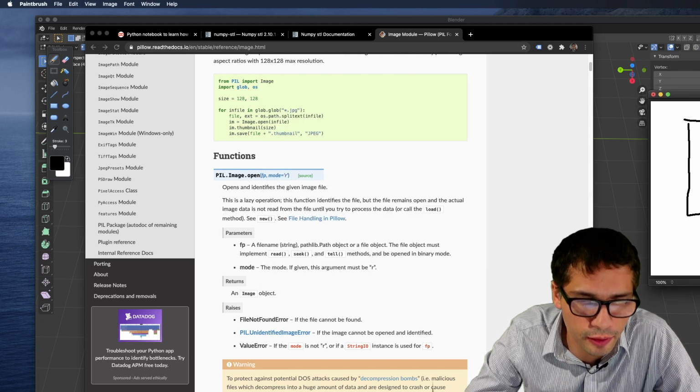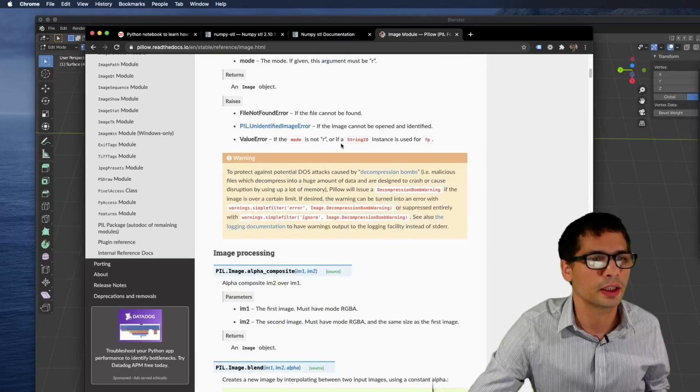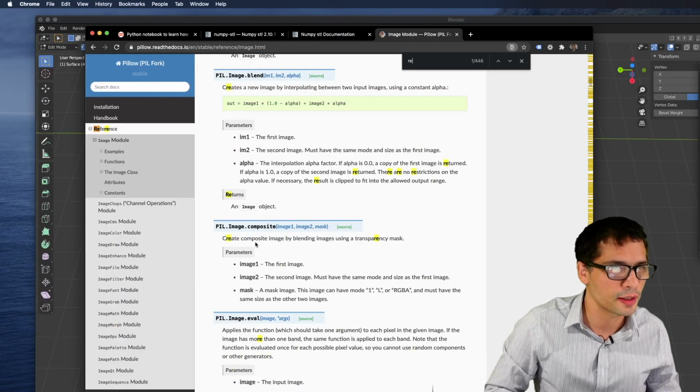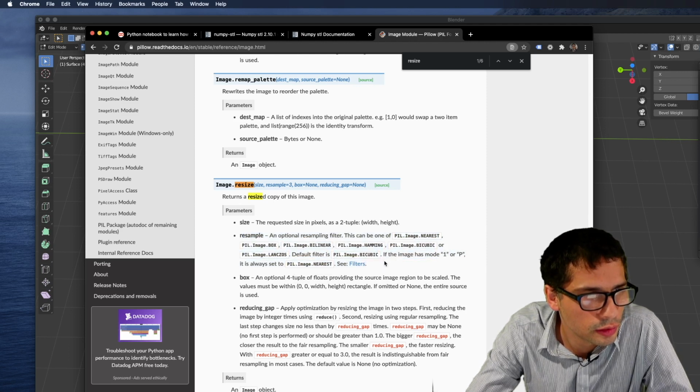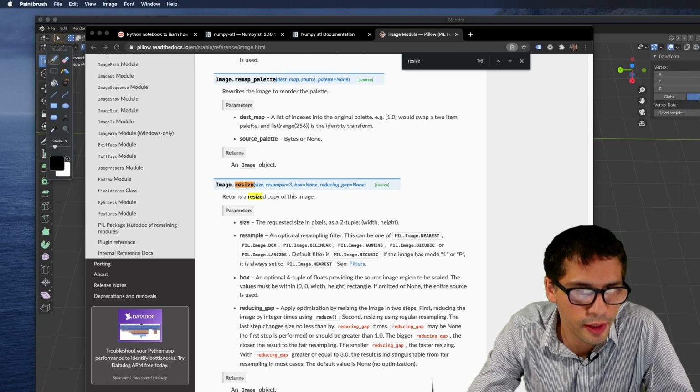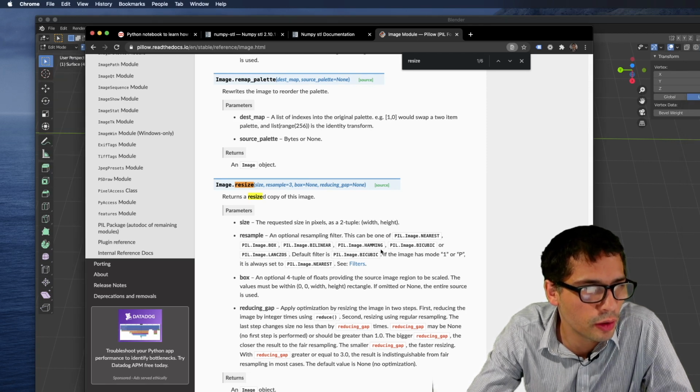There are different techniques in doing this. So let's find out. Resize. So as you can see, there are different ways you can calculate these pixel intensities. I'm not going to go into too much detail. I'm just going to use whatever is the default.